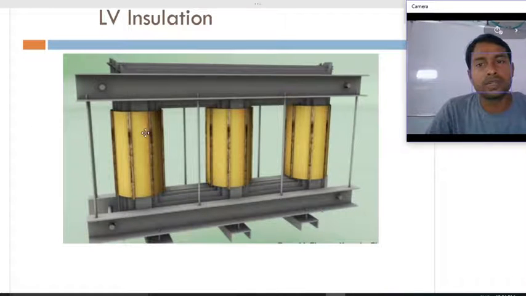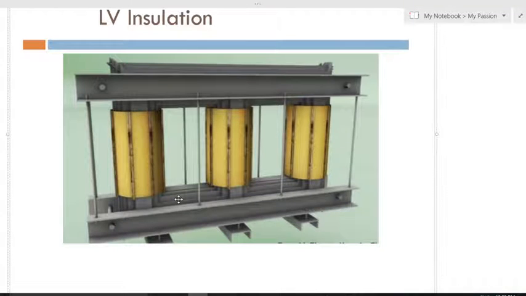The insulation is placed next to the core, and next I should place the winding. First of all, near the core we should place the insulation, that must be LV insulation. Why we place LV insulation, I discussed in the constructional details of the transformer.